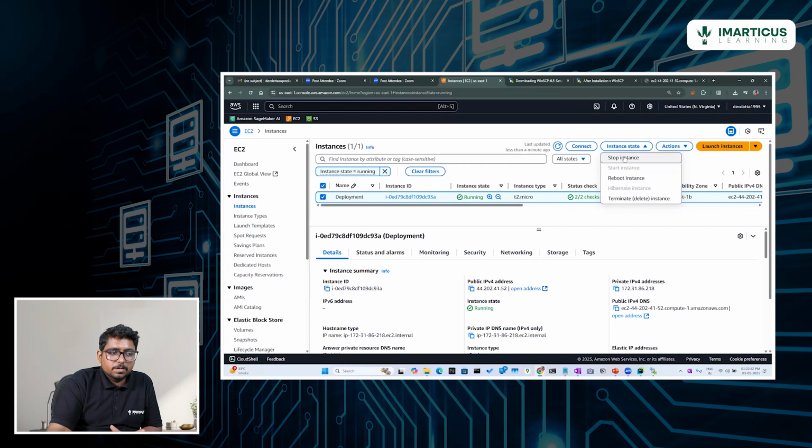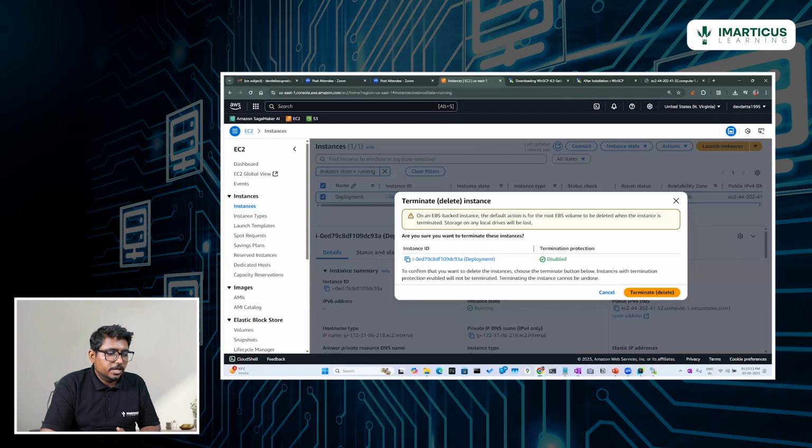So we don't require this instance later on. That's why we are going to terminate. But if you want to work on the same machine again, you can just stop the instance for temporary hours. Or if you want to reboot the instance, meaning restart, you can do Reboot Instance. As of now, we will terminate the instance, meaning we will delete everything. So let's click on terminate,